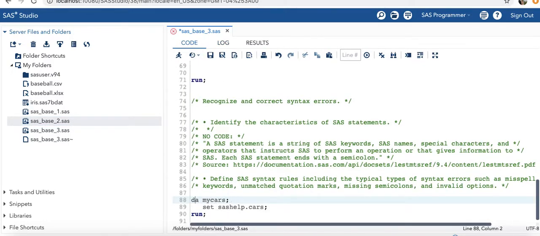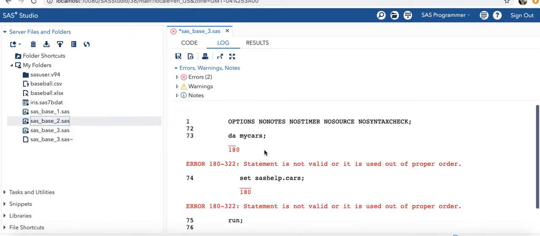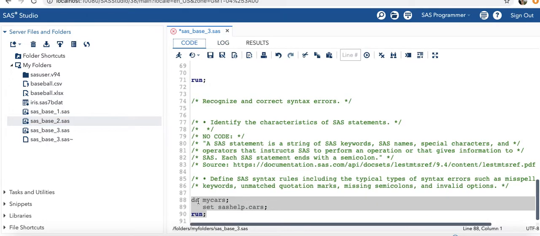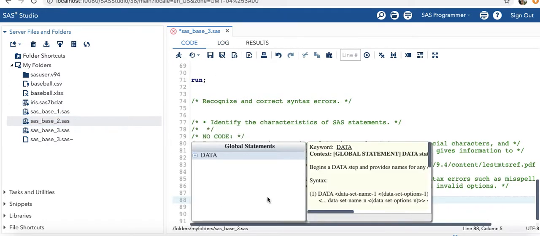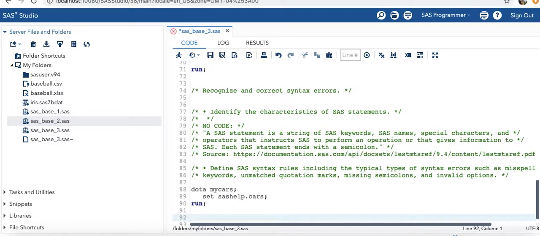And then let's try saying I totally misspelled data again, and this time it just says it's used out of proper order without assuming that it's misspelled anything. So I'll leave that example in there,